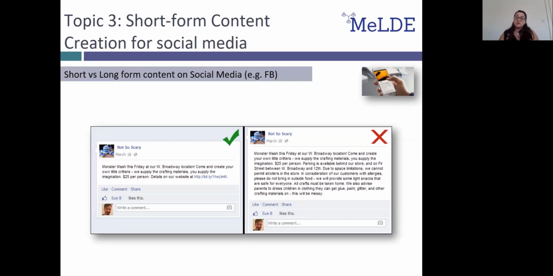Here is an example of a short versus long-form content that appears on Facebook. On the left-hand side, we can clearly see that the user has used 3 short lines to get the point across and then added a link for the reader to follow in order to read further should they wish to do so. On the right-hand side, the user used too many phrases and characters in his post, and the whole post seems to be a bit complex to read, not to mention a bit boring.